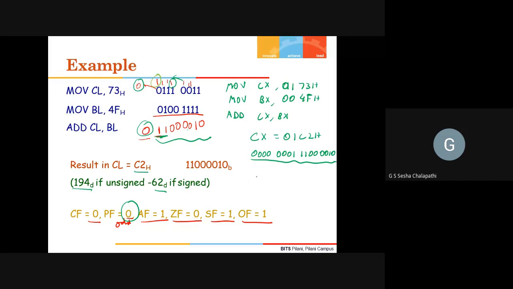Why? Because it will just consider these last 8 bits to check whether the parity is even or odd. It will not consider the most significant byte or more than 1 byte. The parity flag depicts only the last 8 bits. So the parity flag over here would be 0, right? Because it's an odd parity if you're considering only the last 8 bits. Odd parity flag is 1. Sorry, yeah, it will be 0. It will be the same as this.